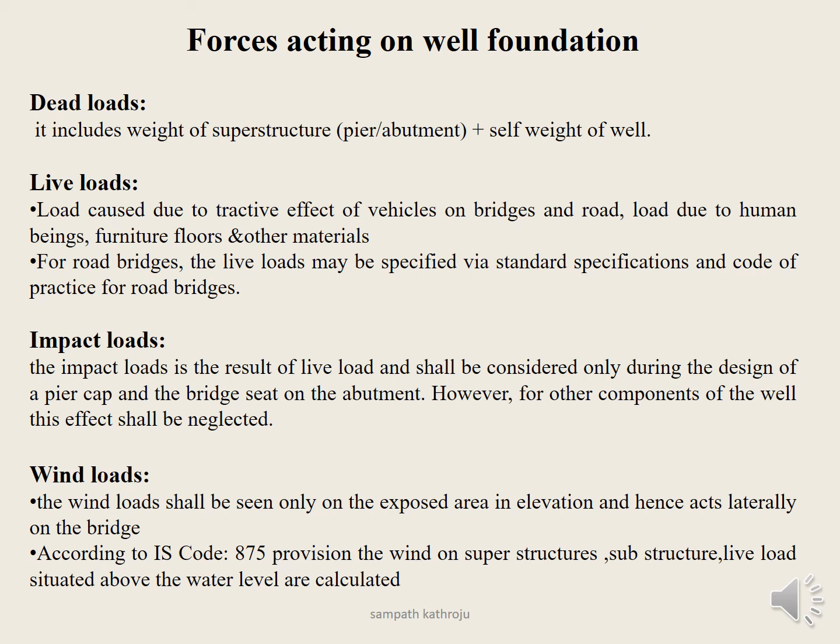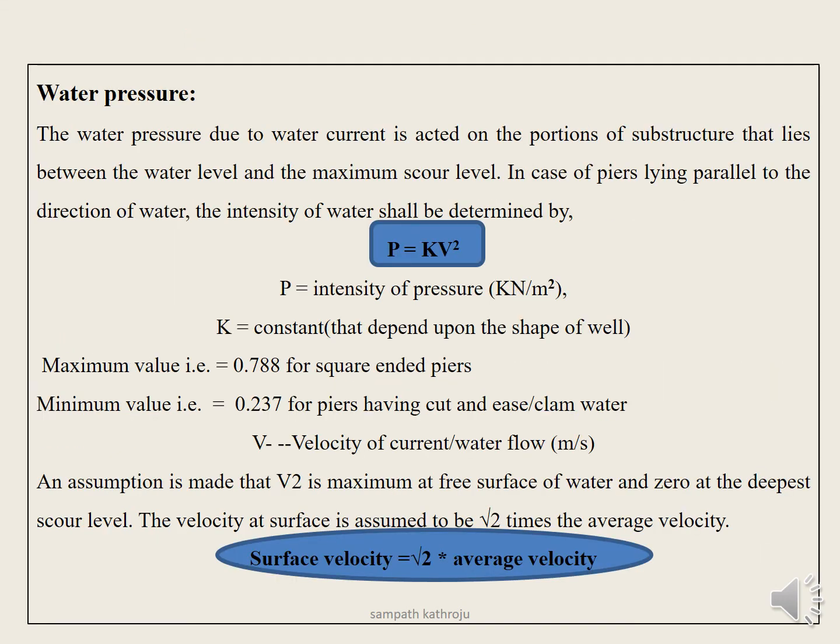Wind load is seen only on the exposed area in the elevation and hence acts laterally on the bridge. If you take the x direction as the moving direction of the vehicles on the bridge and y direction as the lateral direction, so wind will act on the y direction. According to IS code 875, provision of the wind on superstructures situated above the water levels are calculated. Then water pressure,